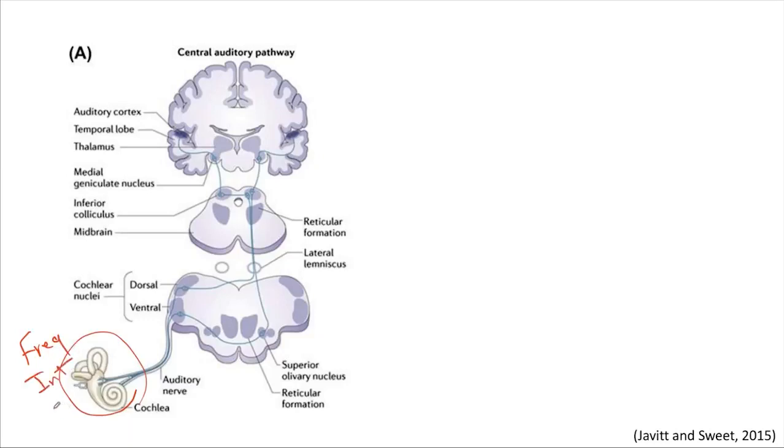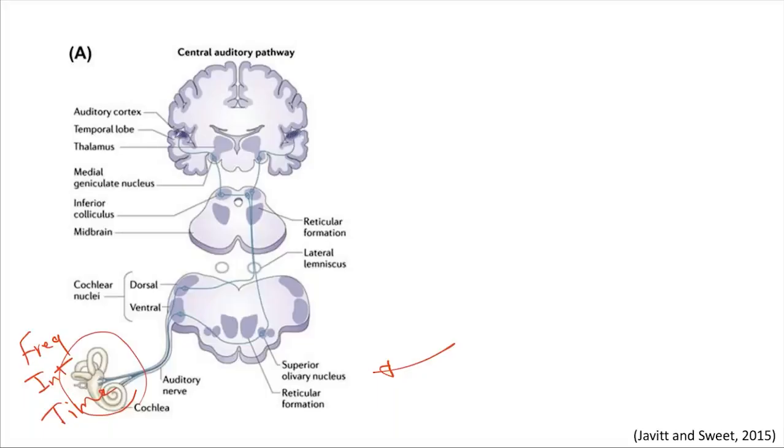And we also discussed that there is a time factor here, and there could even be time differences between the right ear and the left ear that we are receiving from. So we have frequency, intensity, and time. This information is going to be coded and go into the brain. We have different stations where this information is processed, going to the final area that is called